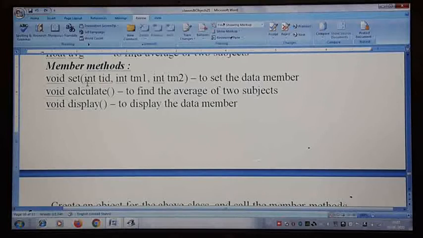If they right click and create an object of student, they will get set, calculate and display. But the end user doesn't know in which order to call them. As a programmer, you know each and every method and for what purpose you have written it. So it is better that you call all the methods in an order, and for the end user give only one method. If they just click on that method, the rest of the methods are called in a particular order.